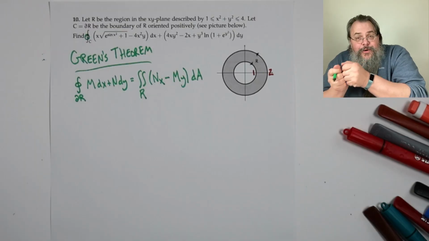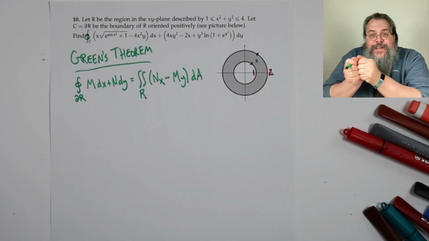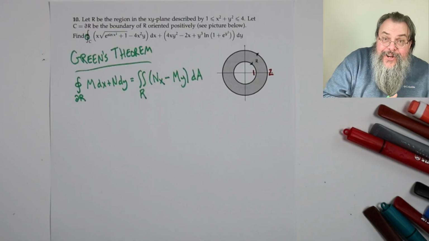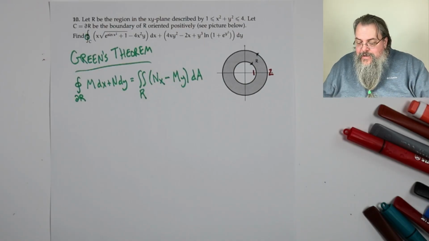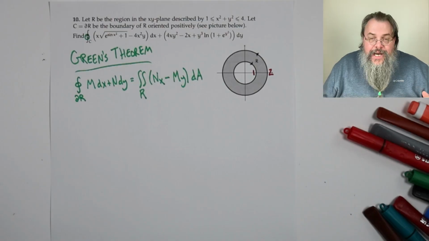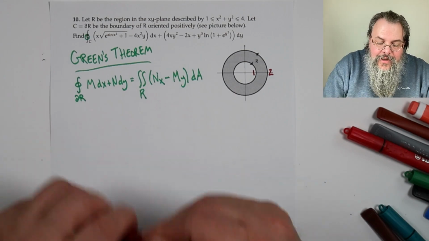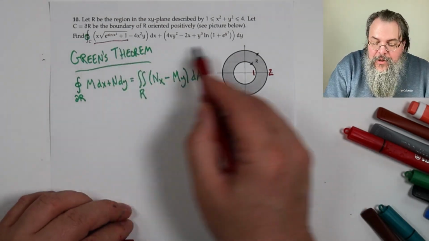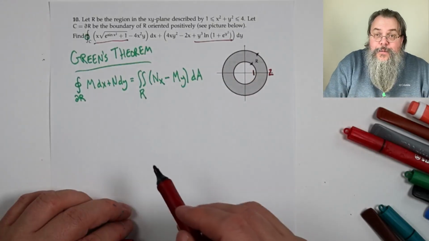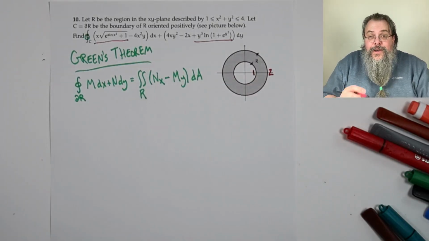So we're transforming an integral on the boundary to an integral on the interior. All right, now, why do that? Well, because this may have terrible things, but when we take the derivatives,